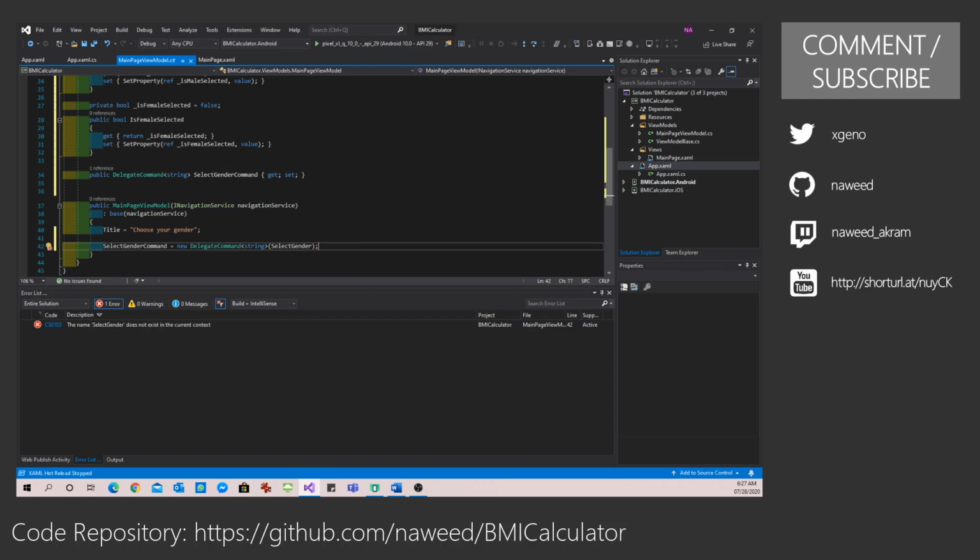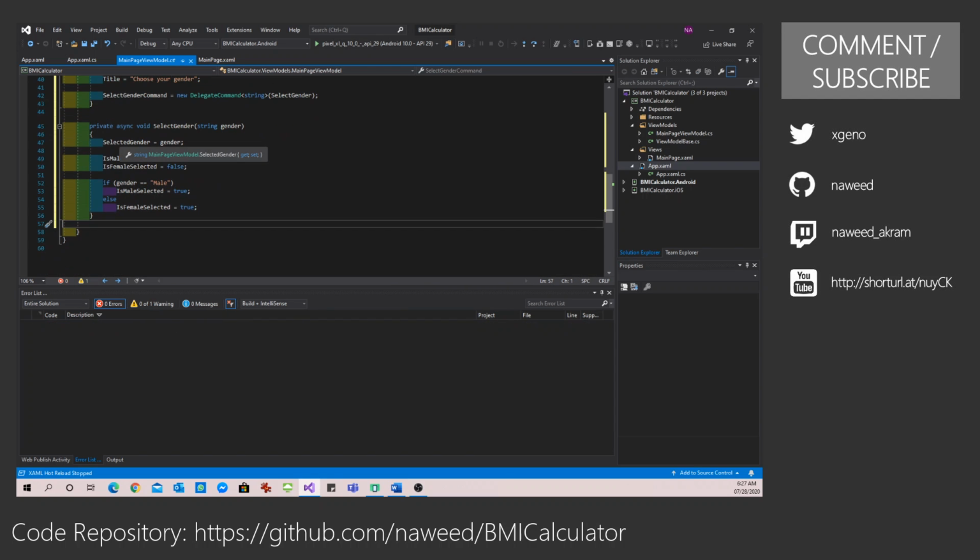So I can say SelectGenderCommand is, whenever this command is invoked, execute a method called SelectGender. So what is this SelectGender doing? All this is doing is it is setting the selected gender to the gender which is passed. First of all, we are setting the male and female selected to false, and then depending on the gender which is passed, we set that variable to true.